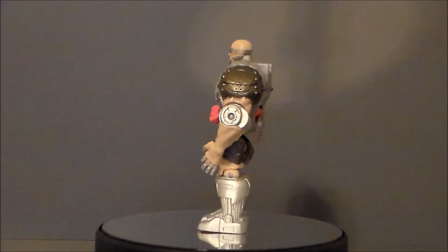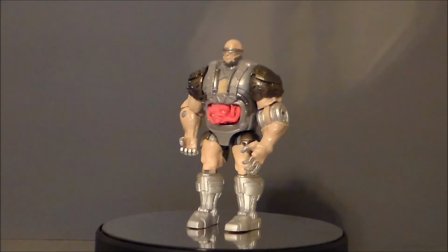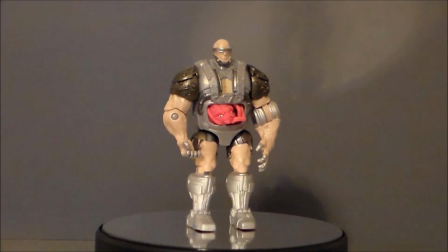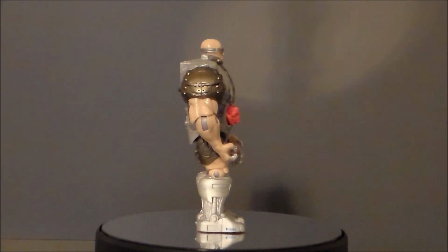It's just a little $9 toy, but overall, I really like it. Kids are going to like it, especially when the movies come out. I think collectors are going to like it because this is a Kraang toy we never got as a kid. The only, and these are nitpicks, the only things really I wish were a little bit better on it,